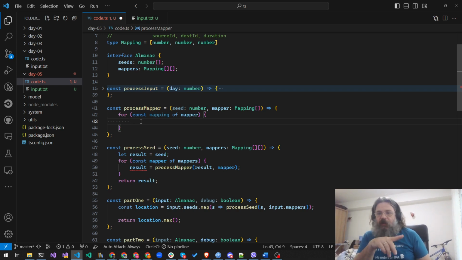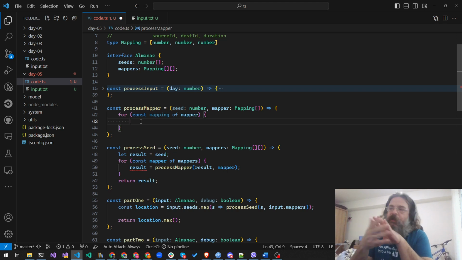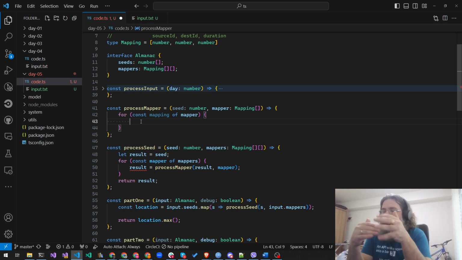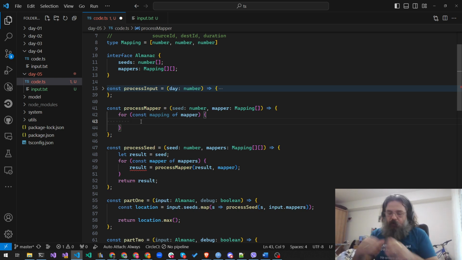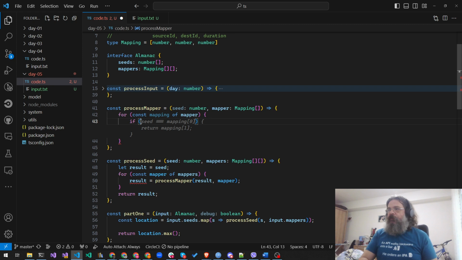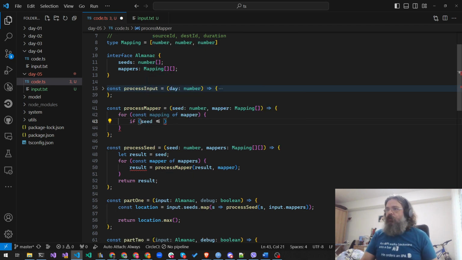And note that it is set in the task details that there won't be overlapping mappings, because then we will have an invalid state. So we can just say if seed is less than or equal to mapper,